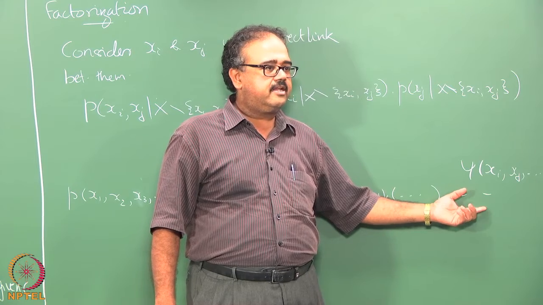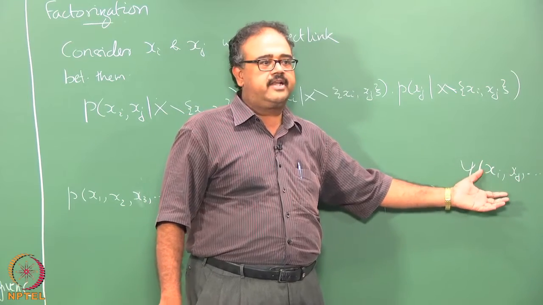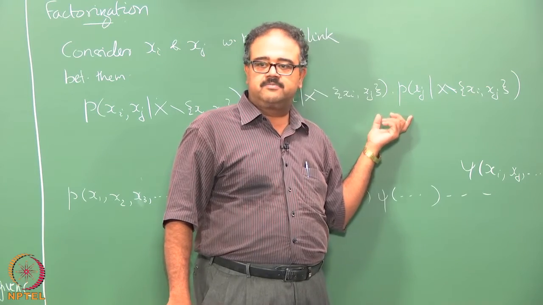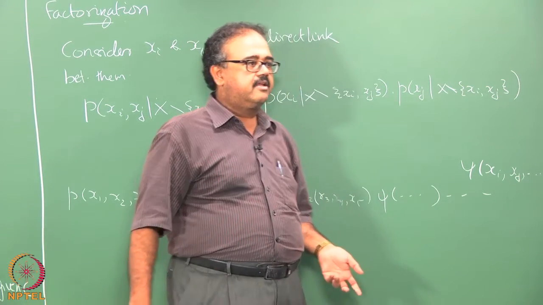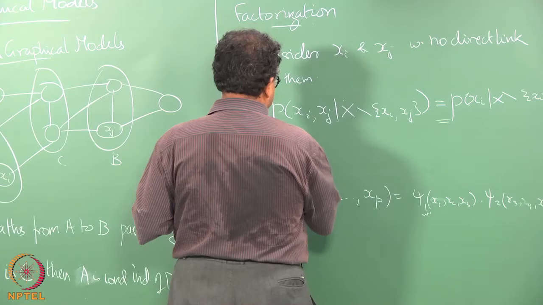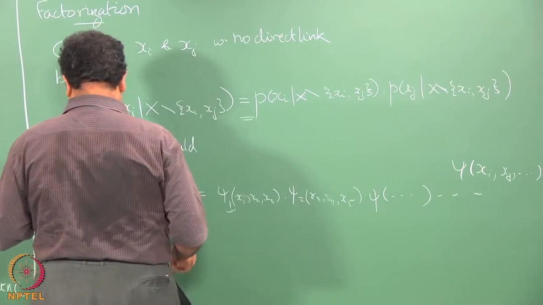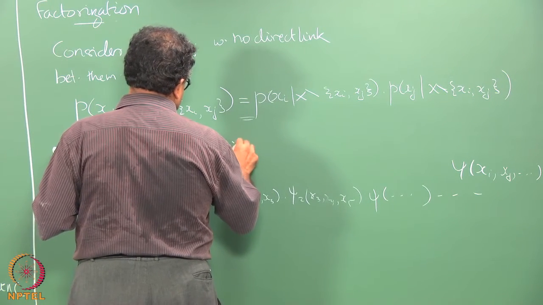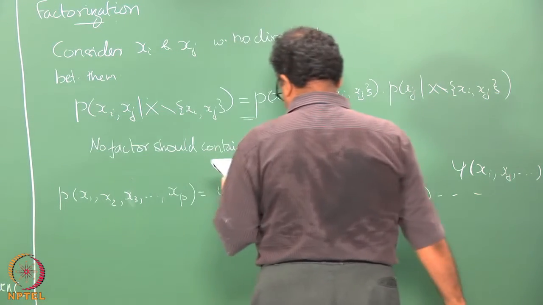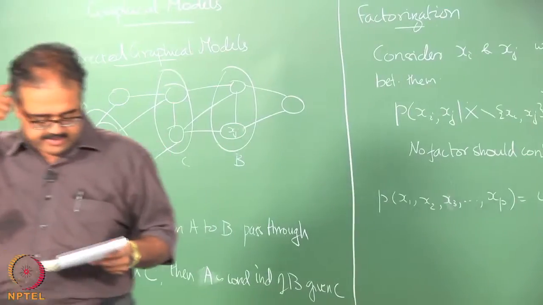Is the reasoning clear? If xi and xj appear in any one of these factors together, then I can assign some values to the factors such that those two get connected. So, to make sure that this conditional independence holds for all possible distributions I can write, I will have to make sure that there is no factor